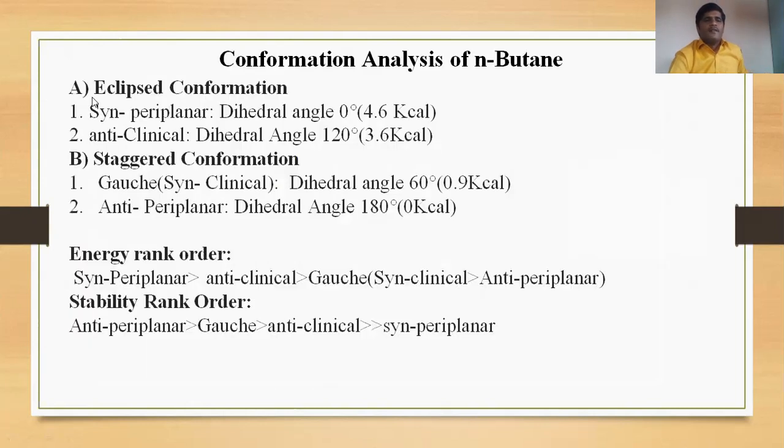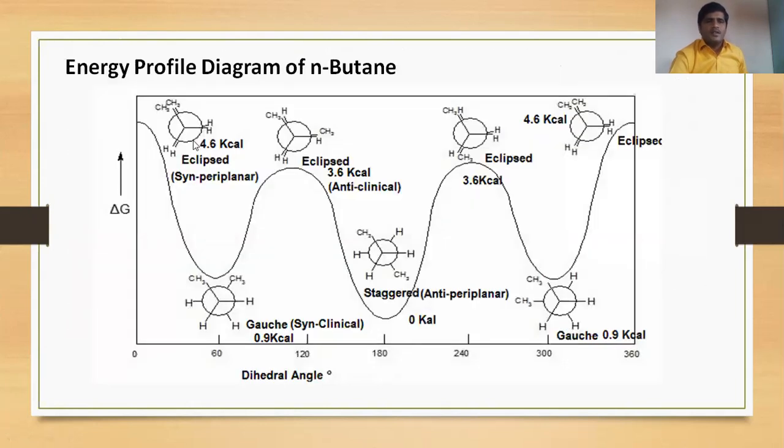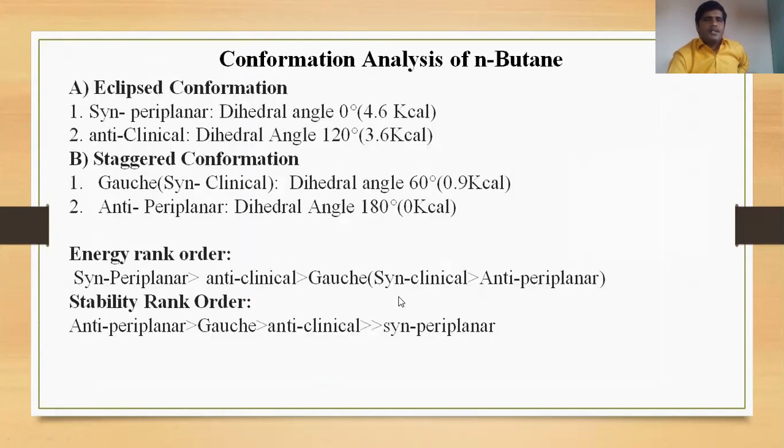We will see the conformational analysis of these four. First, the eclipsed conformation has two forms here. One is here, another is here. Okay, meaning in one the methyl groups are closer together, and in the others hydrogen and methyl are closer together. So these are the eclipsed conformations. Then the staggered conformation again has types: Gauche conformation and anti staggered conformation. These types we will discuss here.